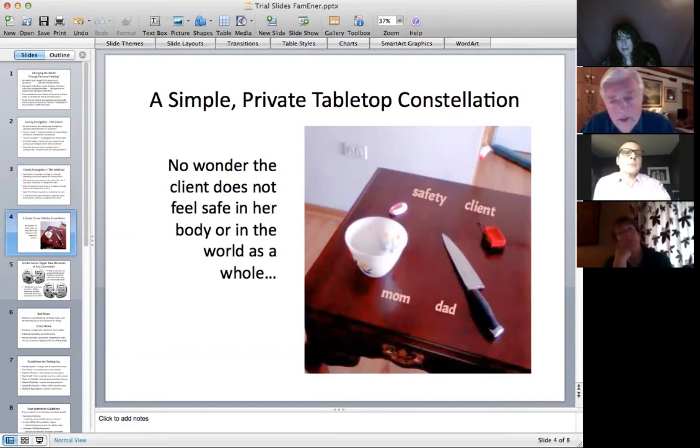So the home altar stuff is basically, I came out of shamanism. We used altars all the time. So early on, I was doing weekly work with some clients, and I said, well, why don't you set up a constellation, get a place in your house, set up a constellation, and go and visit it a couple times a day. So a home altar constellation is a tabletop constellation typically done with ordinary household objects, which are full of symbolism.